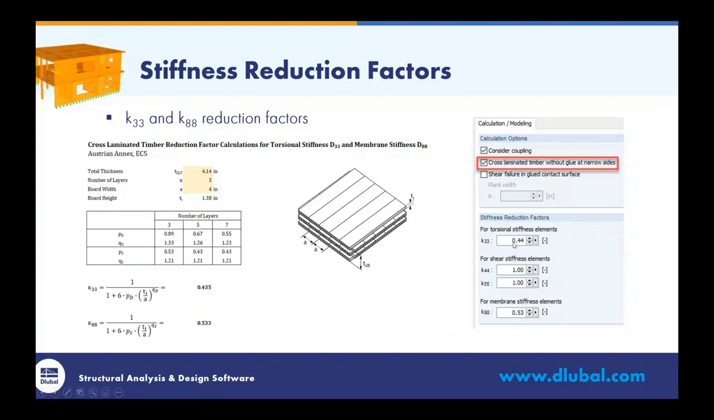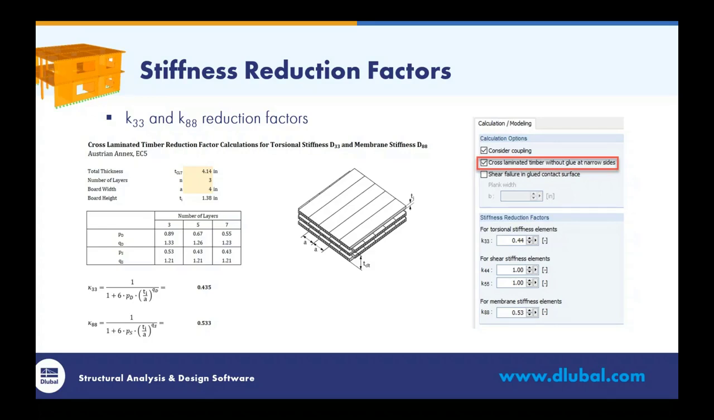So K33 is for the torsional stiffness of our panel. K88 refers to the in-plane membrane stiffness. Now, quite interesting enough, neither the CSA standard or the NDS standard really discuss what to do about stiffness reductions in the event that we do not have glue at the narrow sides. And the Eurocode, the EC5, in particular the Austrian Annex, has equations that do go on to discuss exactly what should be done for these stiffness reduction factors in the event that we do not have glue. So I would say that it is highly recommended. We can refer to the EC5, which we'll be doing for today's example,